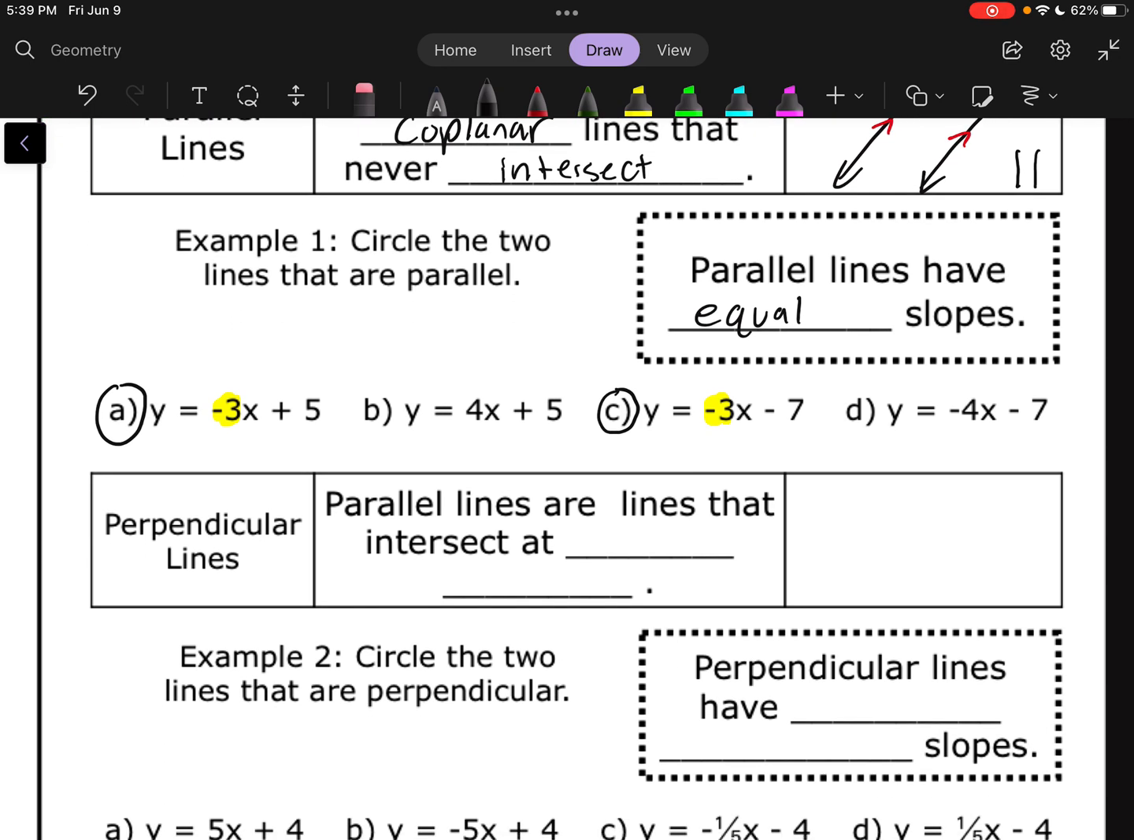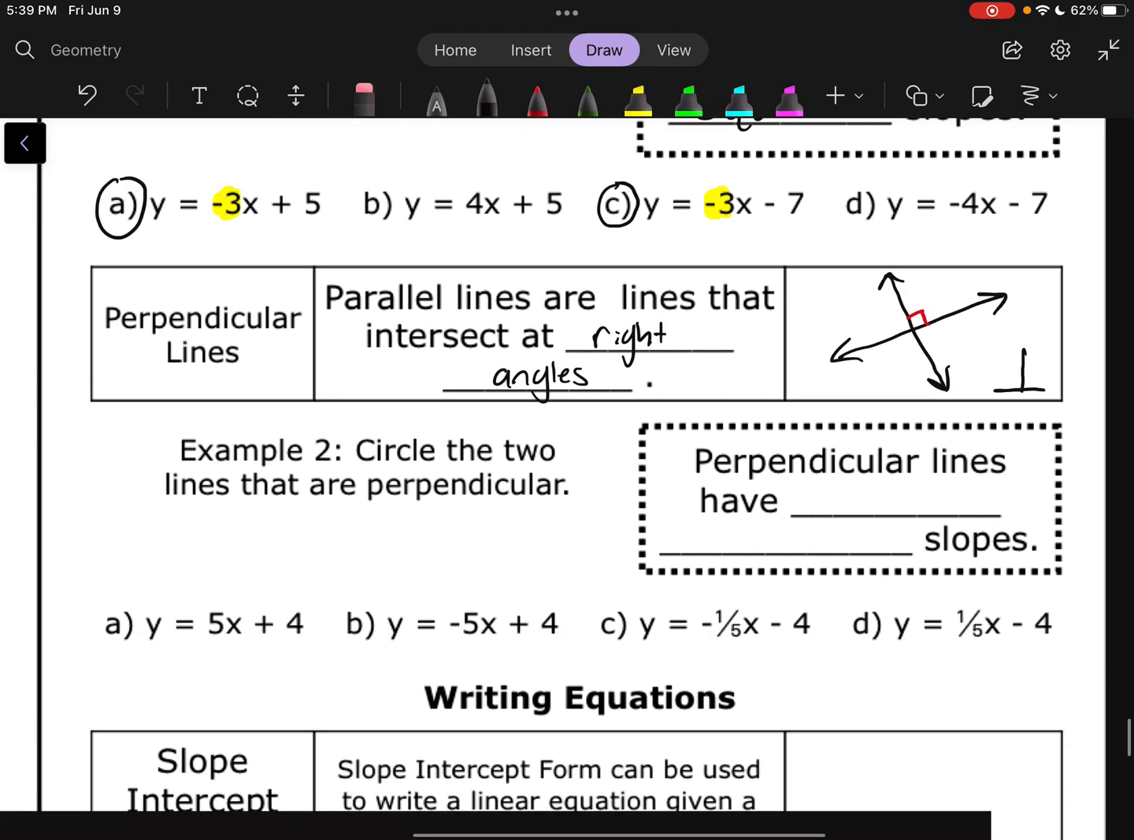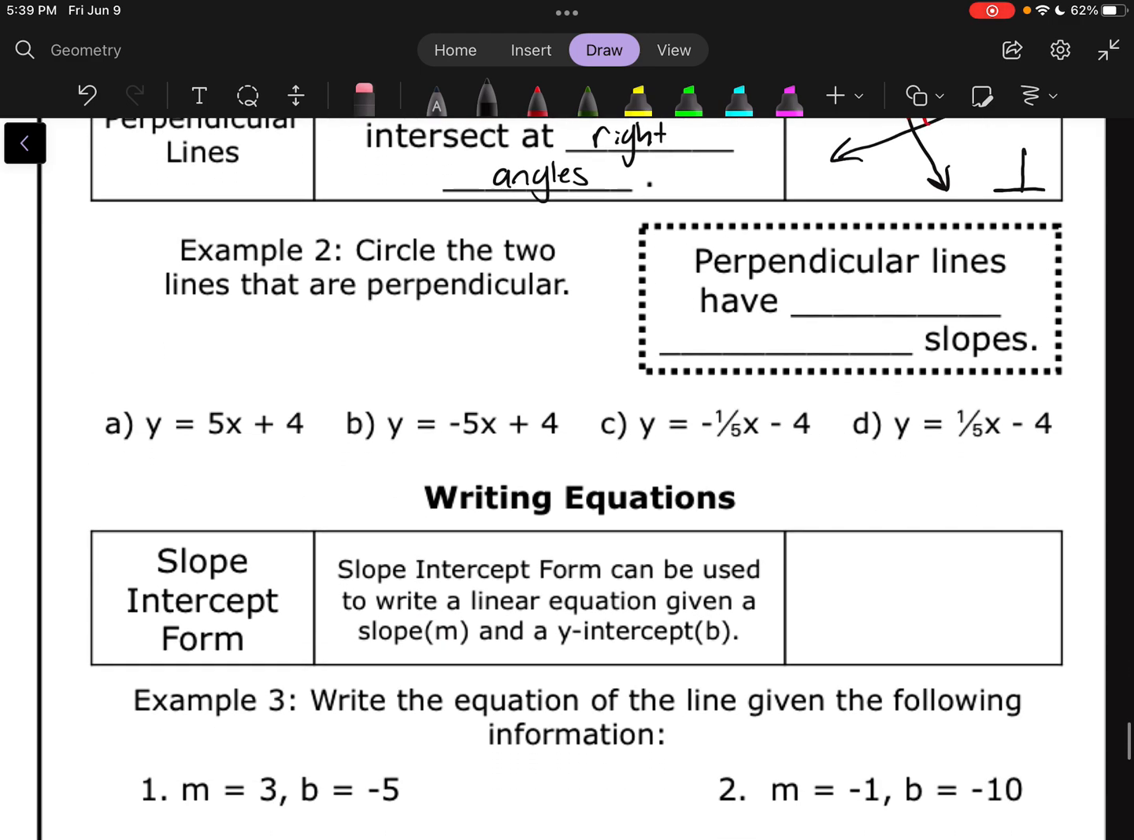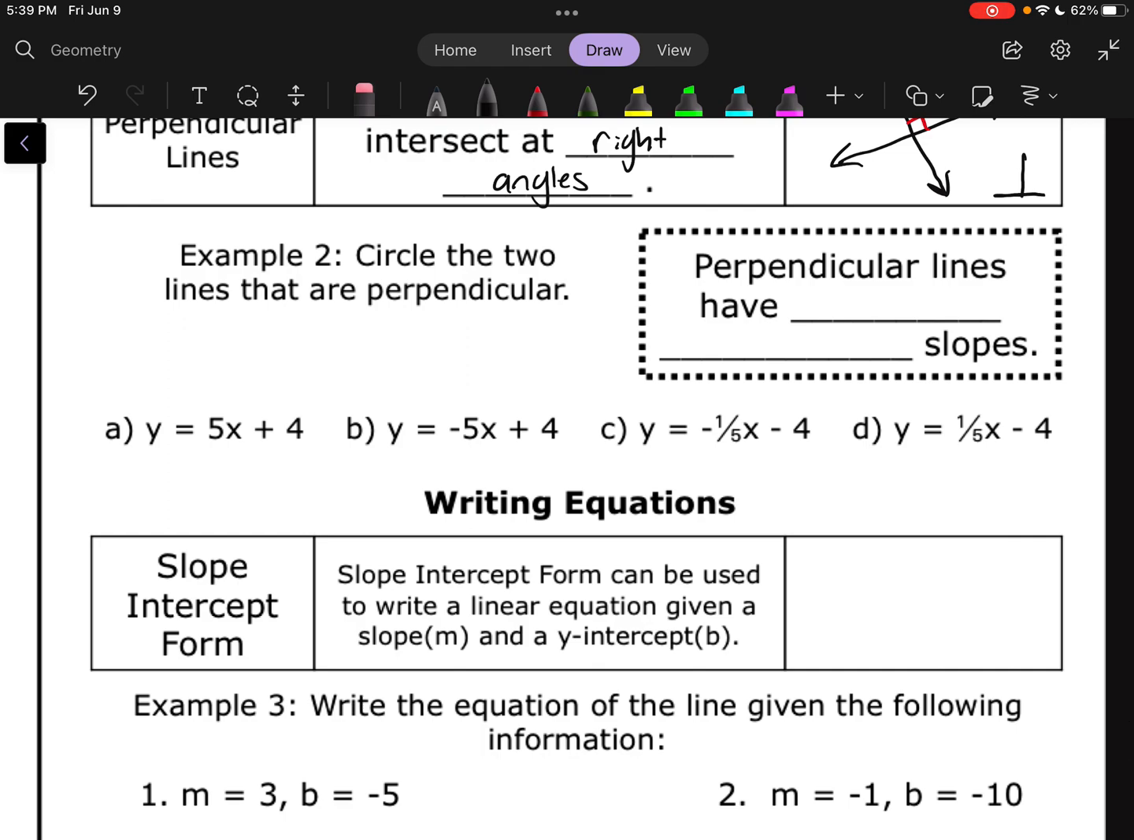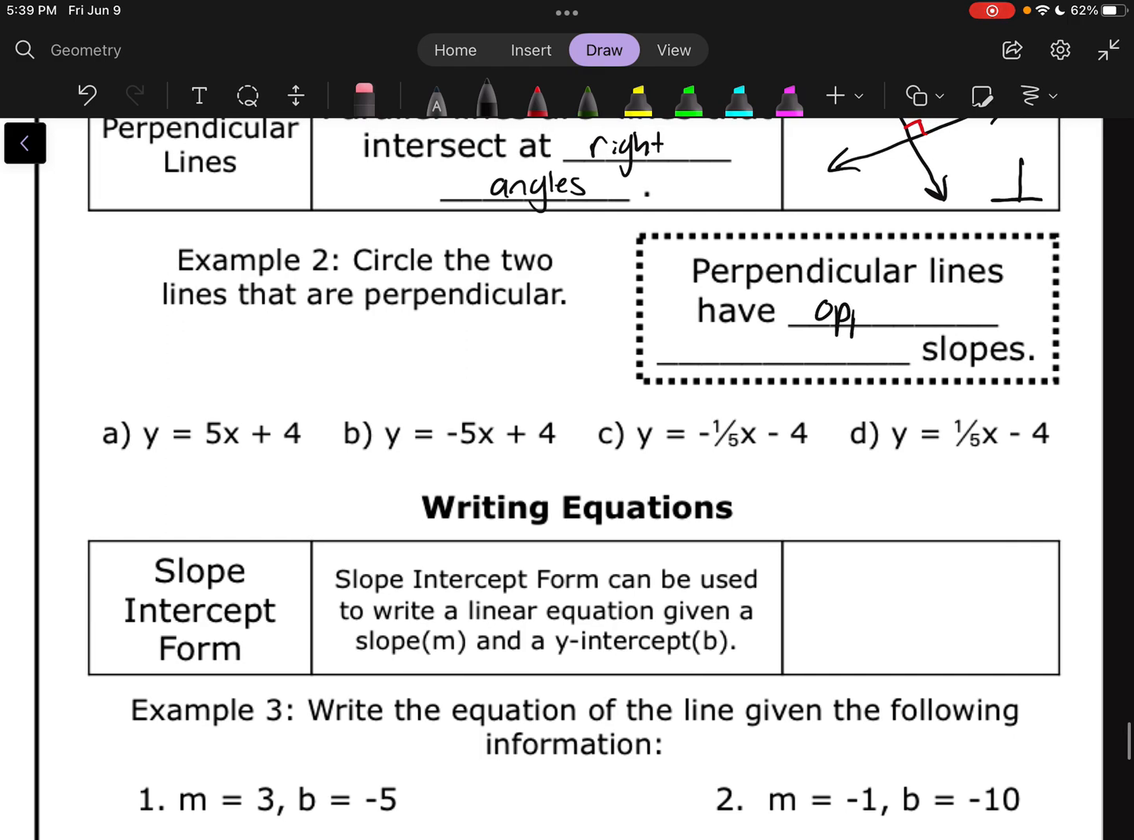Perpendicular lines are lines that intersect at right angles. And of course, they are going to look like this, where they are going to intersect right at that right angle there. The symbol for perpendicular is kind of an upside down T. And then we've got perpendicular lines have opposite reciprocal